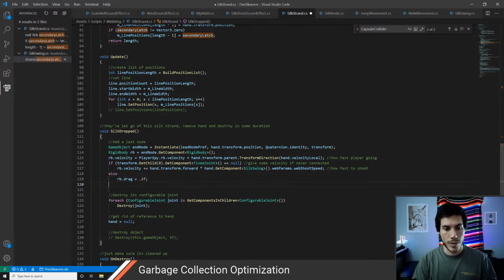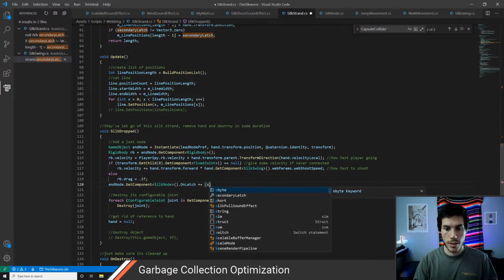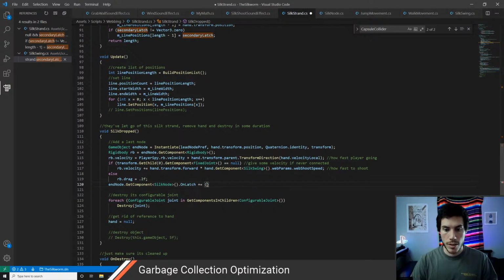Let's see. So end node dot get component, silk node dot on latch plus equals, secondary latch equals